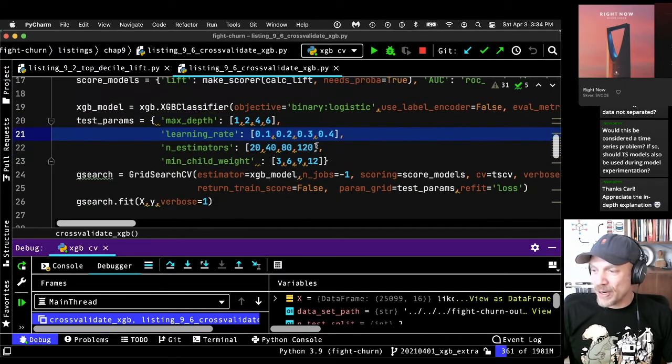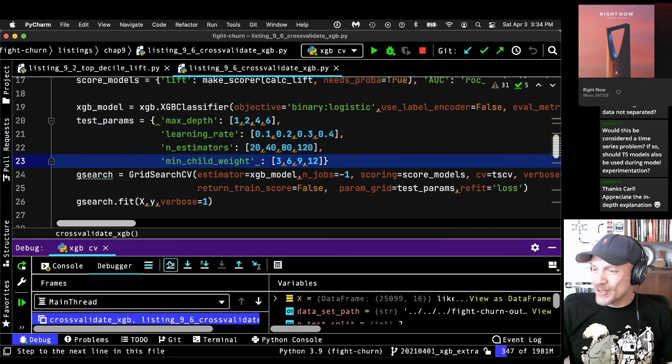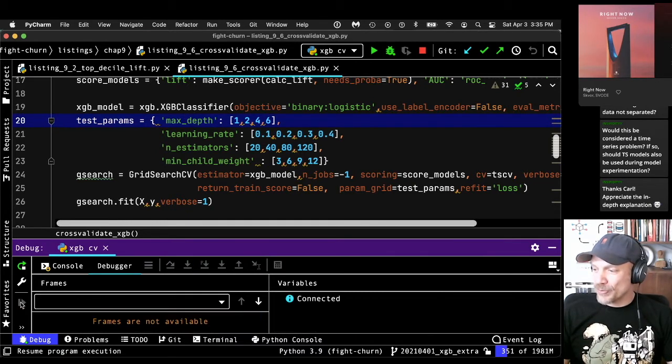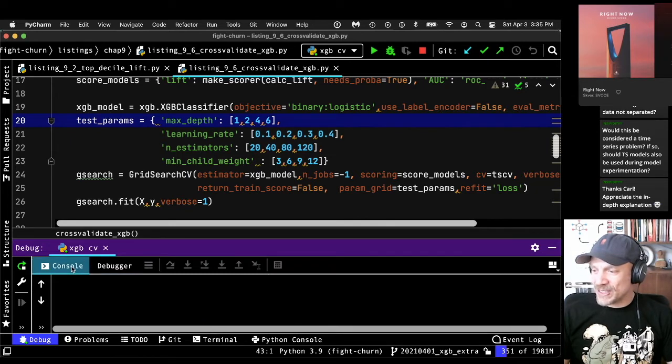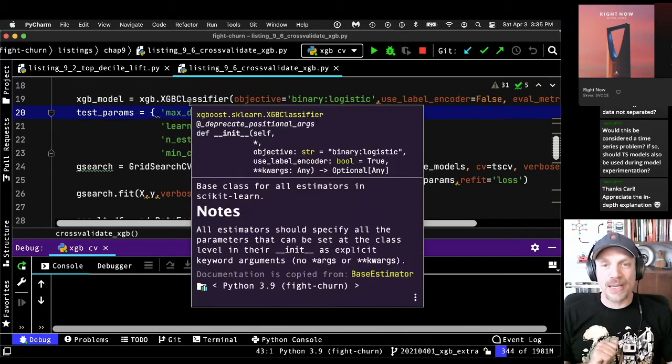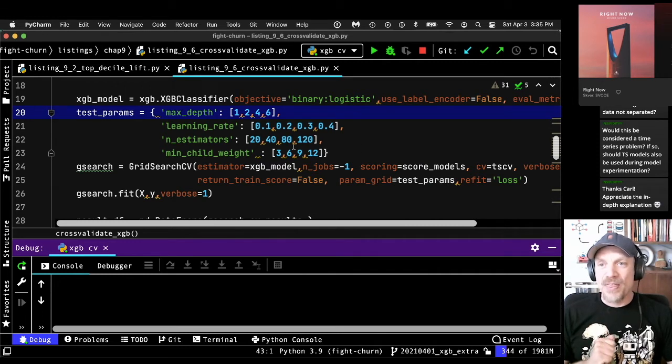I should actually start running this code because it takes a while. I'm going to run this and then go back to the explanation. So there are 4 parameters: max depth, learning rate. I'm going to start running it and we're going to look at the output because this actually takes a little while to run. So the max depth is the depth of the trees, because remember XGBoost is based on the decision tree algorithm. The number of estimators, n_estimators, is how many trees the algorithm should try to use. And here I'm telling it to use either 20, 40, 80, or 120.